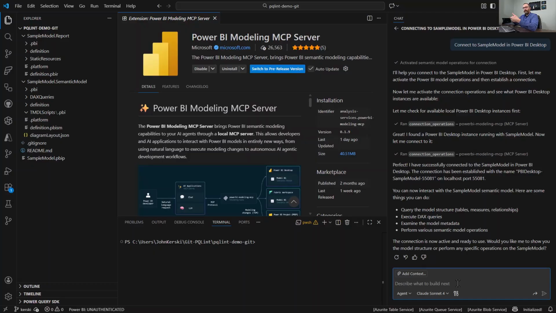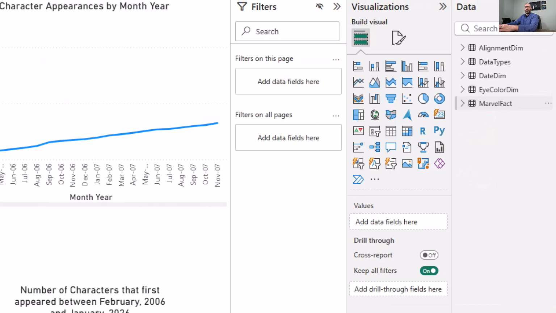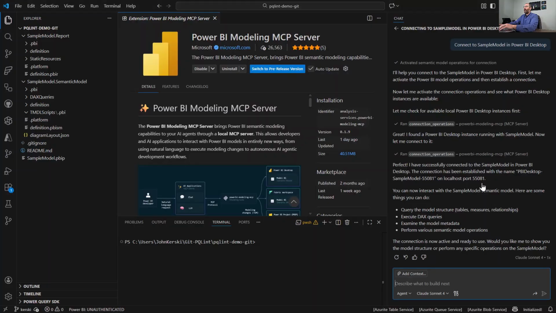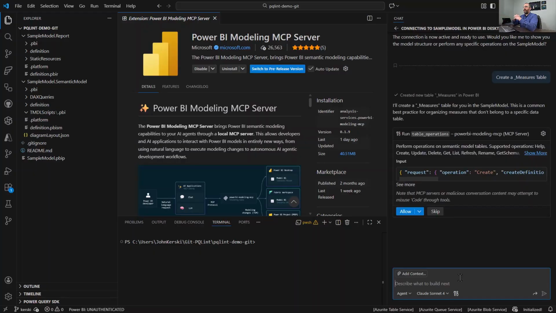More specifically, I want to create a measure, and I want to iterate through creating a measure around date, time, and time zones. Now, in the Power BI desktop, I don't have a measures table. Now, let's say I want to create a measures table. So at this point, connected to the Power BI desktop through the MCP,